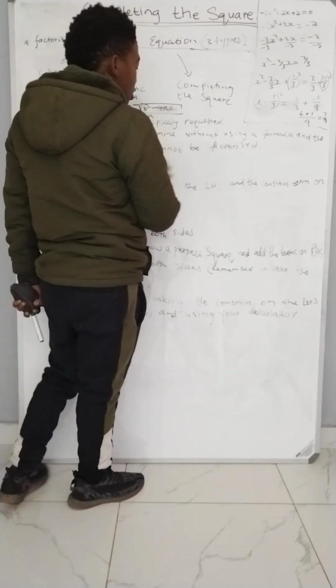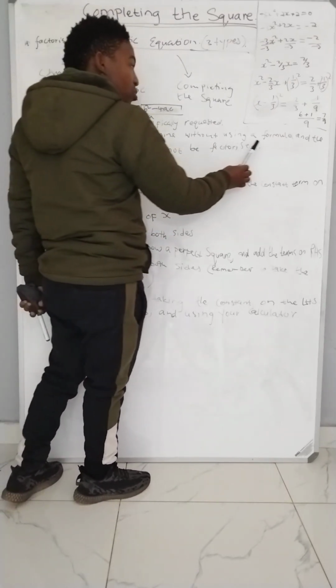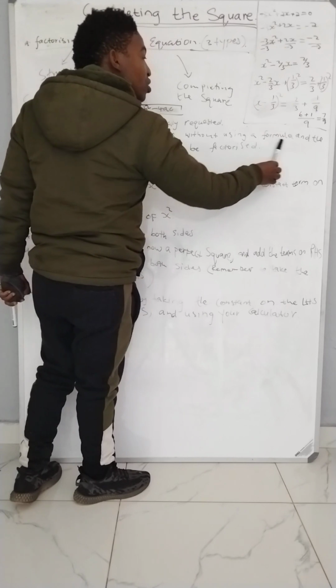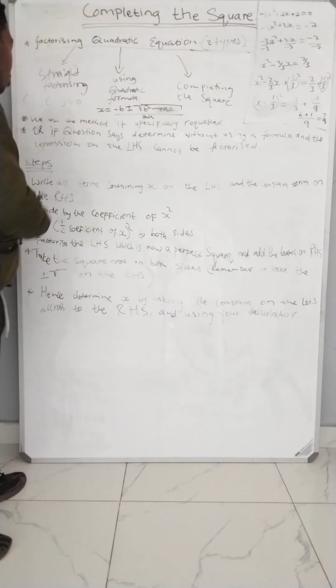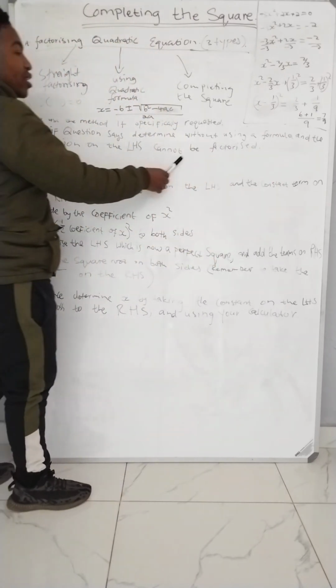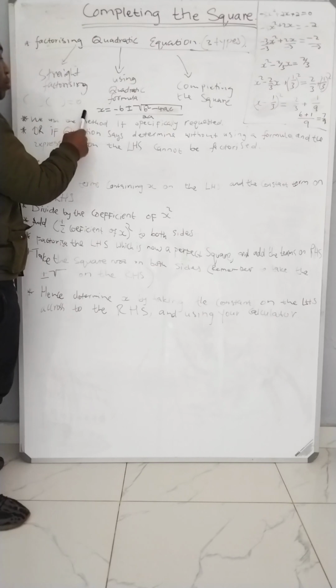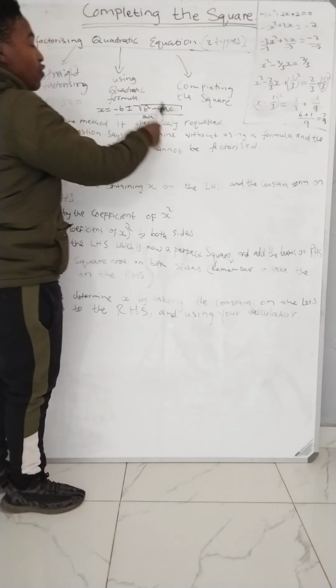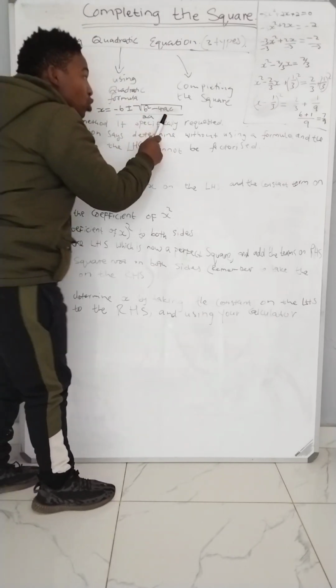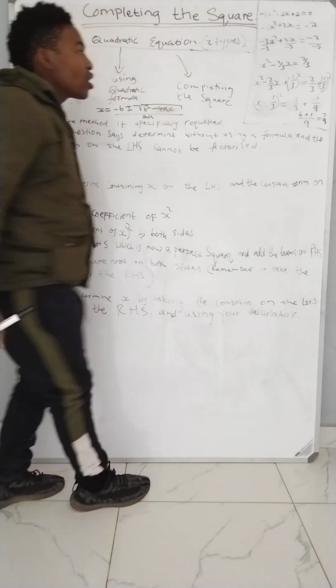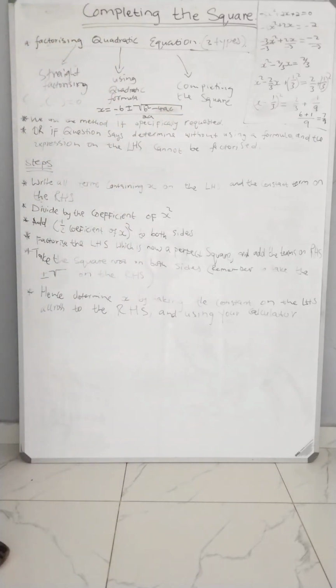If they say determine the roots, or the x values, without using the formula, and you find that the expression on the left hand side cannot be factorized. If it can be factorized, you factorize it in the standard method. If it can be factorized, you use the formula. If it can be factorized and they say don't use the formula, you use the completing of the square method. All right. Okay. Now,